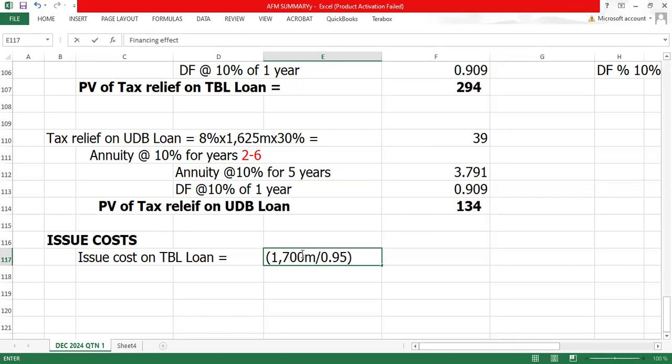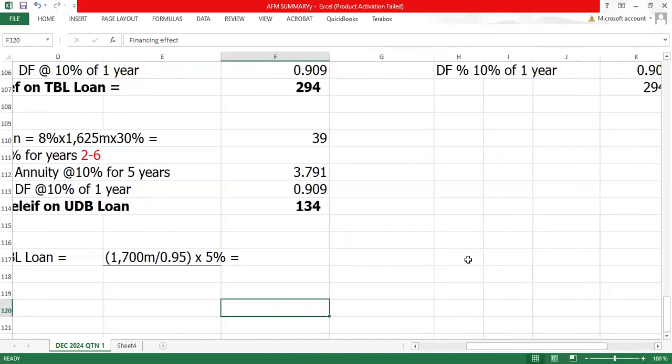Then the answer you get, simply multiply by the issue cost percentage, which is now here 5%. And you will get the issue cost directly here. If you want the longer process,